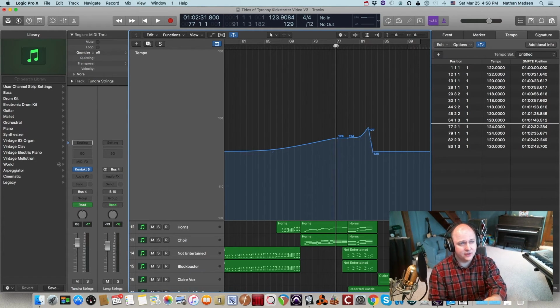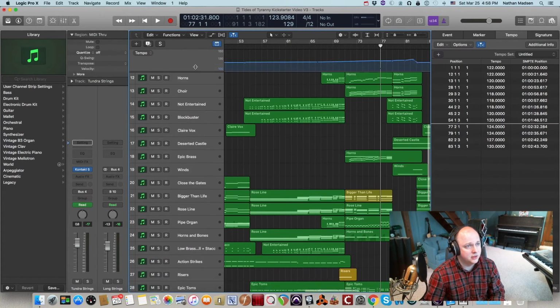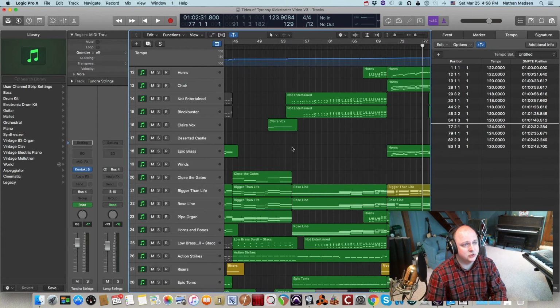We get to 77 and we're at our fastest speed up until the final ramp up, which is right at the very, very end. So I like to think that this is just giving a bit more energy to the piece. If it was just staying at 120, even with the automation that's going on, which I'll show you, and even with the changes of orchestration going on,